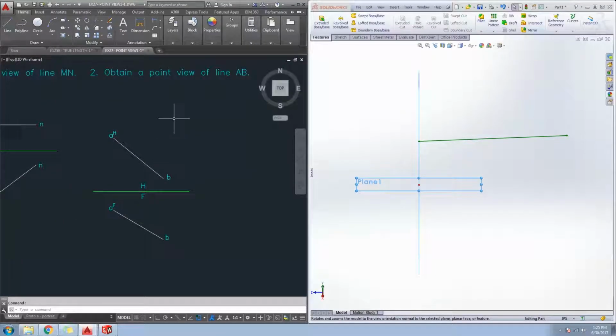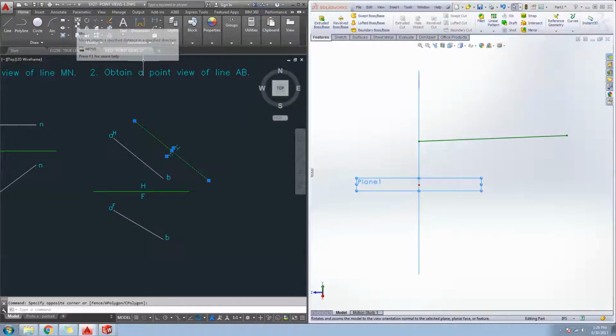Now, we don't get any sort of shortcuts because neither of these lines in the front view or the horizontal view is a frontal line, or a horizontal line for that matter, so we can't immediately establish a true length. We'll have to force a true length to appear. And the way we're going to do that is we're going to copy that plane right there, the folding line, and then I'm going to rotate it so that it matches the line A to B. And then I'm going to move it one more time